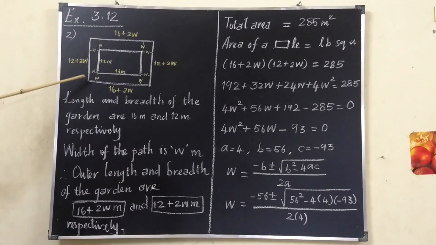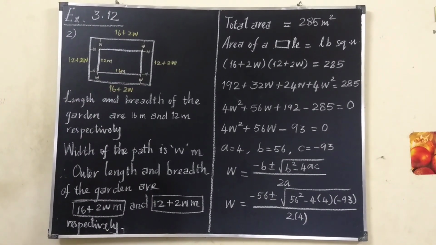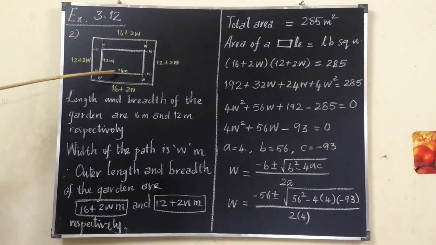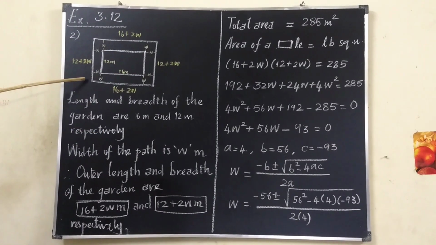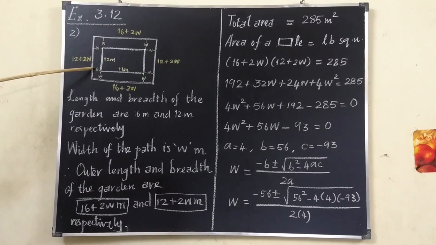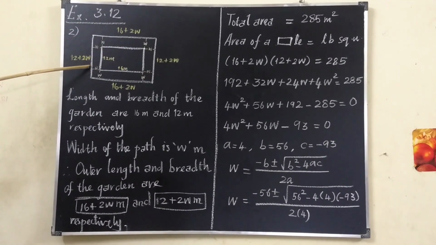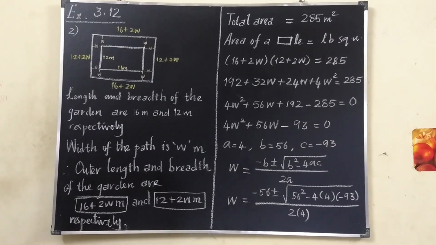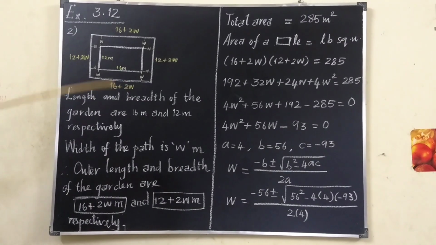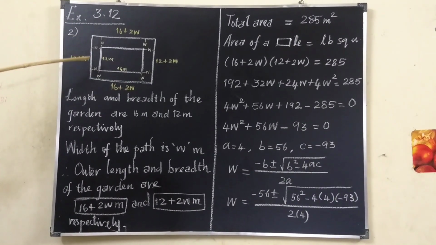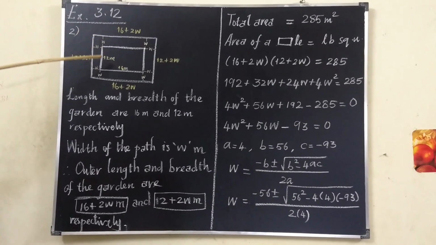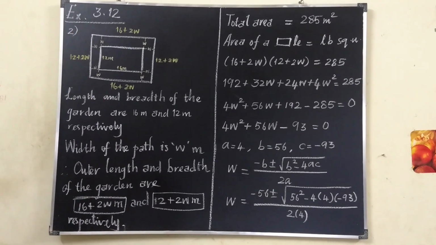So W. What would be the length of the garden along the pathway? So 16 meter is the length of the inner garden, and for the outer length, along with the 16 meter we have to add 2 W's. Here is the pathway with W. Here is also a pathway with W. So 16 plus 2W is the outer rectangle's length. Like the same, what's the outer rectangle's breadth? The inner rectangle breadth is 12 meter. Outer rectangle along with the width on two sides, it is 12 plus 2W meter.